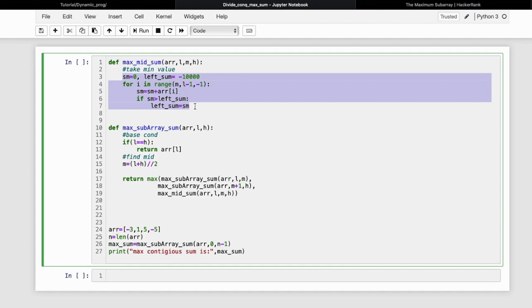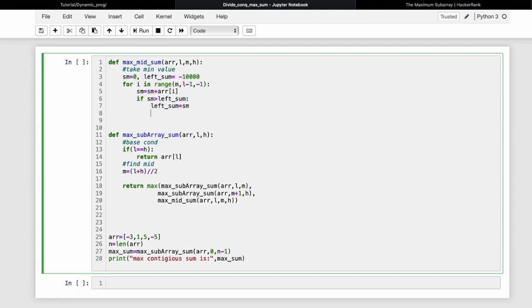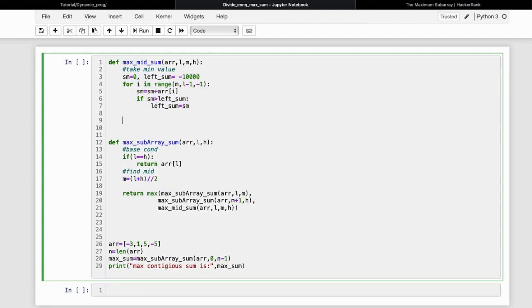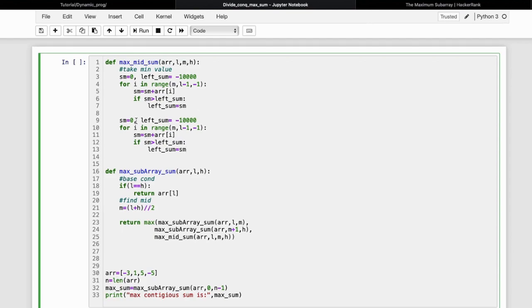So let me copy this one and paste here. Again we will take sum equal to 0. Now here we will be taking the right sum, and here we will replace this with the right sum.